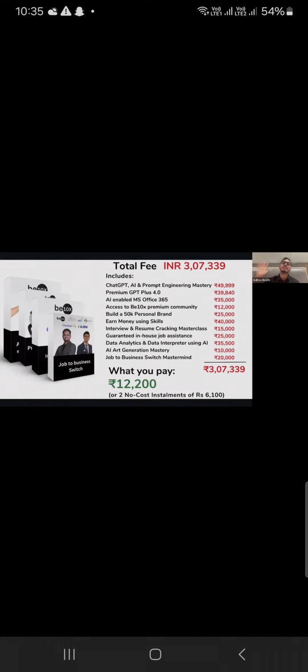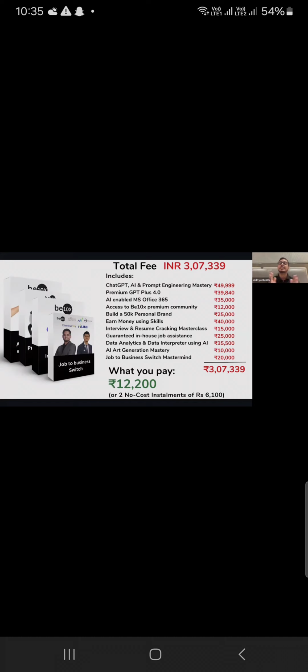You will be getting 5 years of access to AI-enabled Microsoft Office 365 with 1 TB of storage. Guys, MS Office 2016, 2019, 2020 are old versions of Microsoft Office which do not have AI features in them. Microsoft Office 365, which costs 6,200 plus taxes, approximately 7,000 rupees every single year, you will be getting the AI-enabled MS Office 365 with all the AI features with Copilot integrated in it for 5 years,